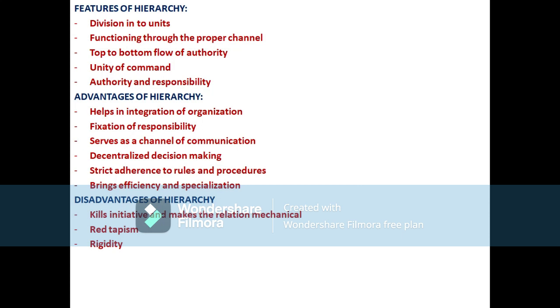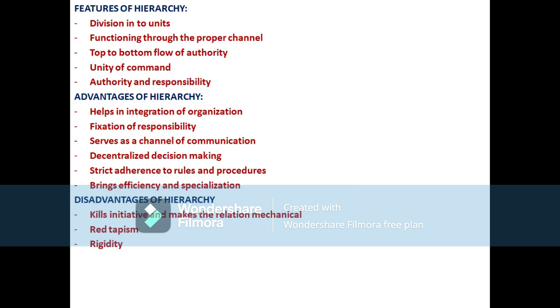In the police department, if we take it, we have on the top the director general of police, which we know as the DGP, and afterwards the inspector general of police, IG, and afterwards the deputy inspector general of police, and after that the district superintendent of police, and afterwards the deputy superintendent, then circle inspector, sub inspector, head constable, constable. So these are all the hierarchical levels in the police department, right?